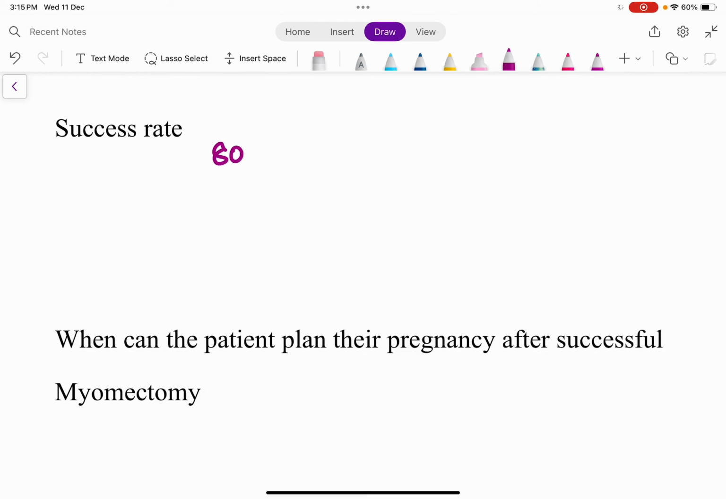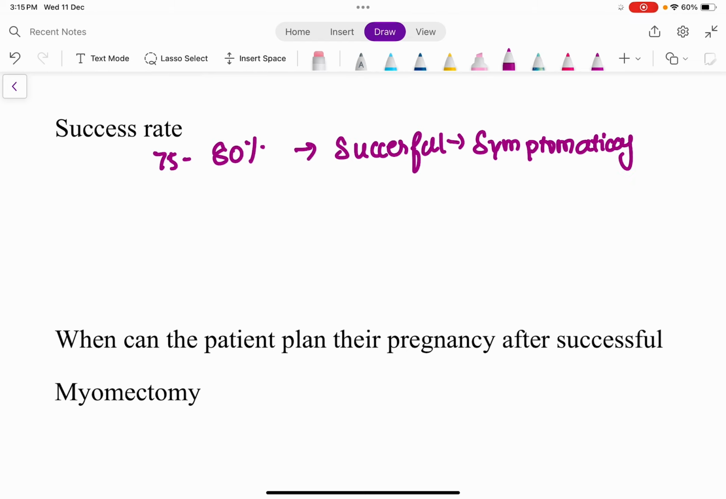The success rate is that in 75 to 80% of the patients, the procedure is successful in terms of symptomatic relief. The patient is going to be symptomatically relieved. Like, there is going to be decrease in the amount of bleeding which is happening in that patient, decrease in the pressure symptoms that is being experienced by the patient, and the dysmenorrhea is not going to be present. The patient will be relieved from the pain during menstruation,